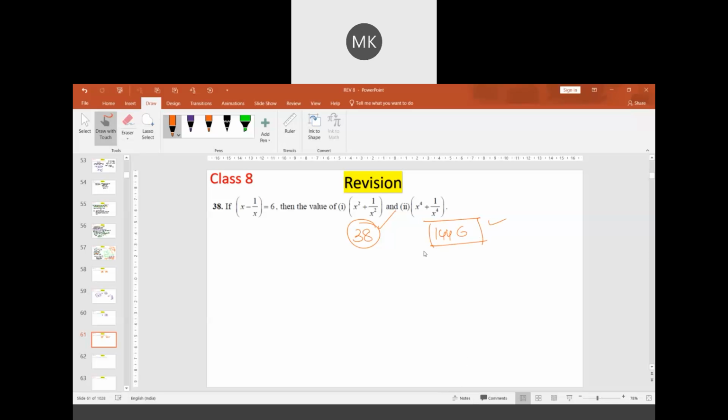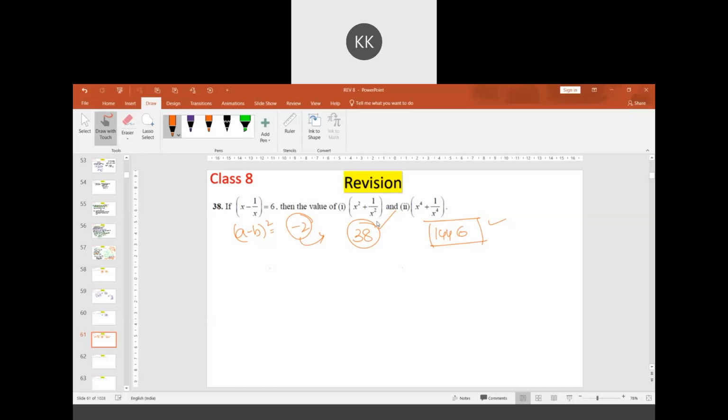Because we are adding 2 here, we are not subtracting 2. What is the doubt? We are solving only a minus b whole square, so we will be having the minus 2ab term. This minus 2 should be transposed, so positive 2 will come. It becomes positive. So 36 is added to 2. It becomes 38.